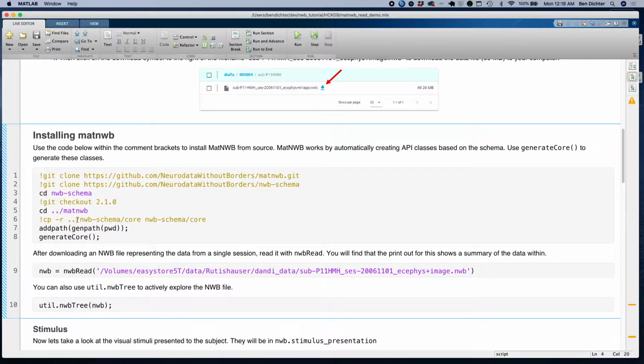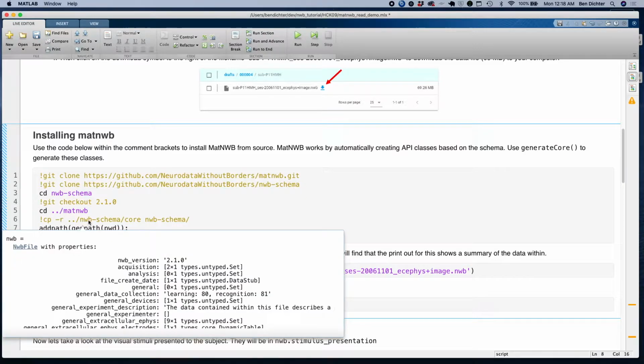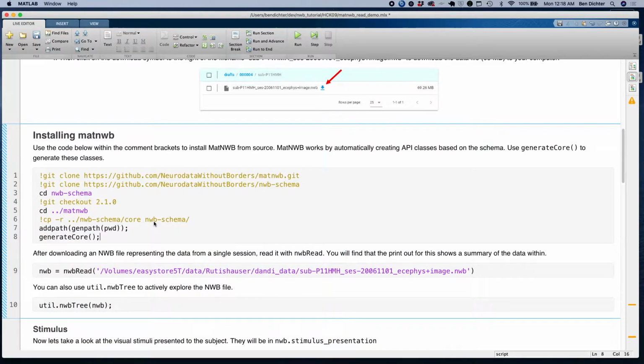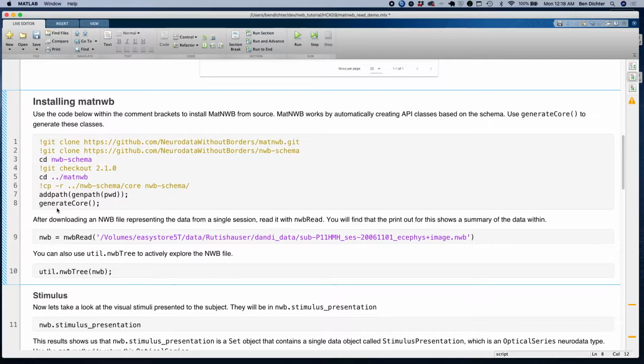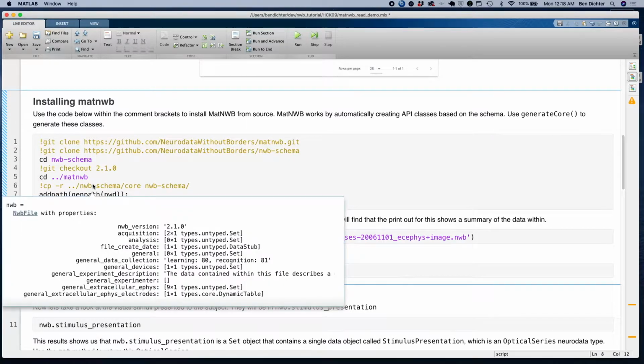Once we've done that, we can go into MatNWB and copy in the schema that we've now checked out into the MatNWB directory, and then add everything to the path, and then finally run this generateCore function, which will automatically generate the API based on this new updated